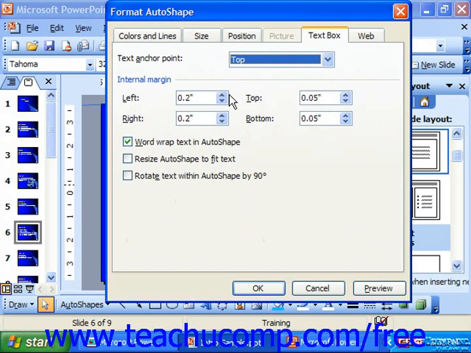In the internal margin, you can set the internal margin within the text box or placeholder by using the spinner buttons that are available to set the left, right, top, and bottom margins. Below that we have three checkboxes. If you check the Word Wrap Text in AutoShape,